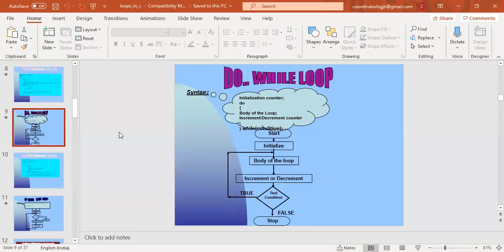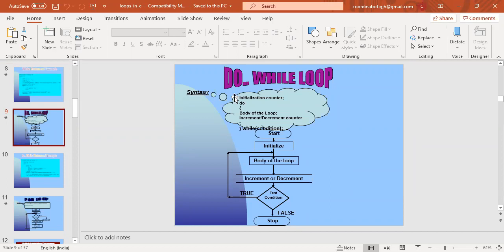Okay, next move on to the do while loop. So what is a do while loop? Similarly, there is also an initialization there. Whatever my variable is, we have to first initialize that one. Either you initialize it or you take a user-dependent value, no problem with that.